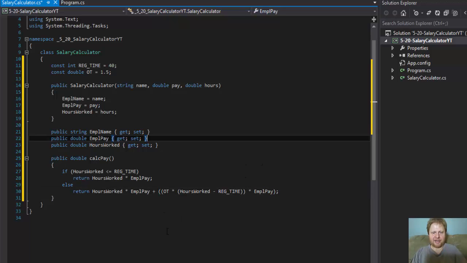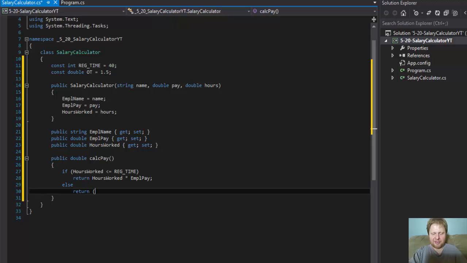Now it looks a little complicated, but it's actually not. This calculates the regular hours worked. Actually, let me see. You know what? Let me do it differently. I'm getting confused myself now. Okay, so let's